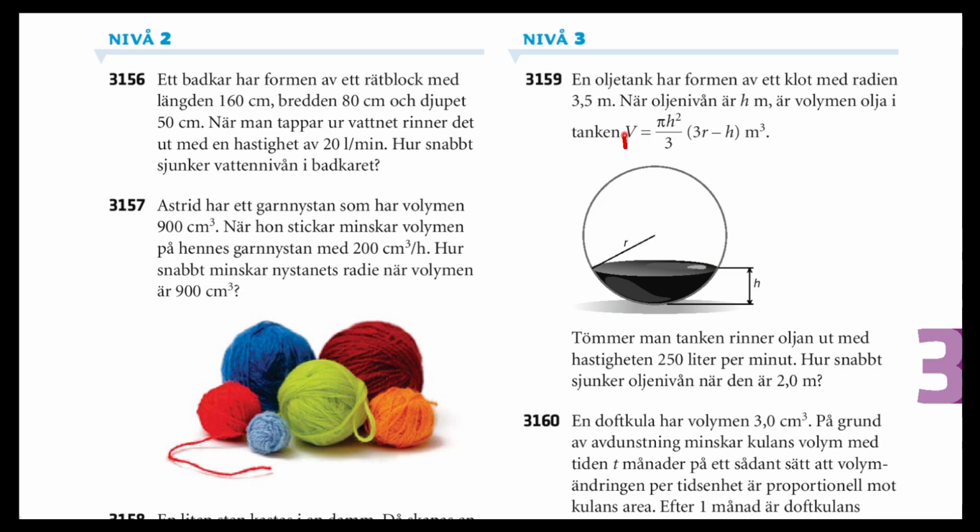Okay, so they have given you a formula for the volume of this water that you see in this tank. V is the volume, H is the depth of the water, and R is the radius of the tank. Of course, are we putting water in the tank, or is it leaking out? It's leaking out, the oil actually. Okay, this is leaking out, so it means that the tank has the constant radius R, but the depth of the oil is actually changing and it is decreasing, yes? Okay, so